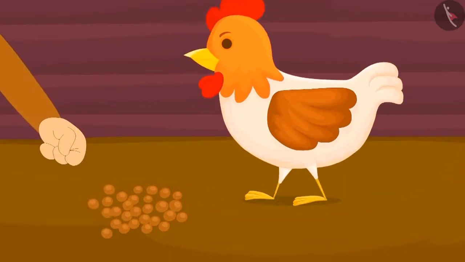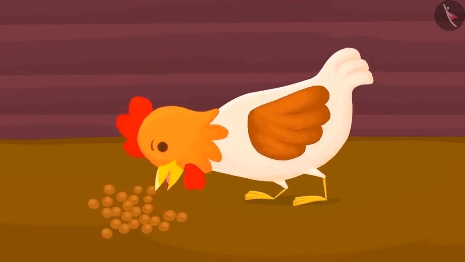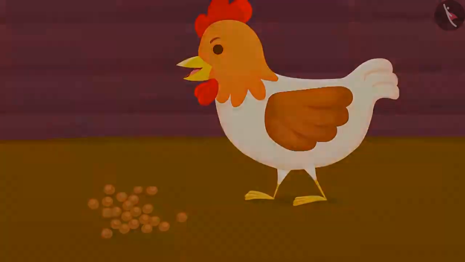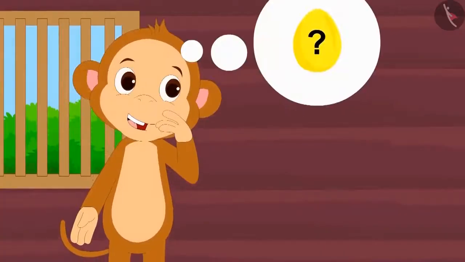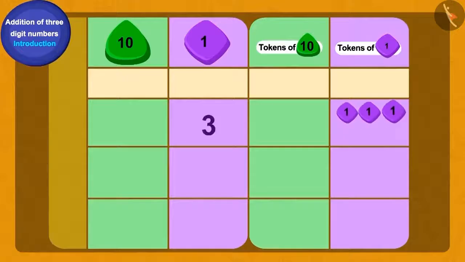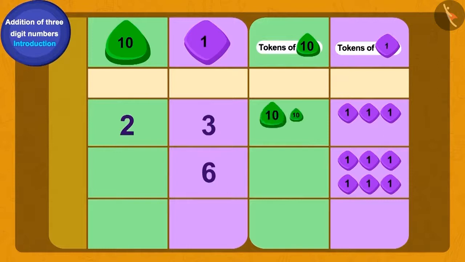Babban fed the hen daily for a week. And in a week, the hen laid another 36 eggs. Babban is thinking, how many gold eggs he has now? Let us help him. To find the total number of gold eggs, we will add